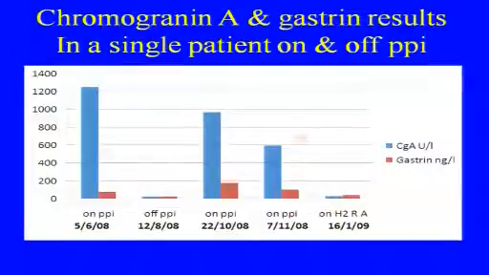And here's one patient looking at the chromogranin A and their gastrin in red, and they start off with a chromogranin A of 1200, really into the tumour range, way big time. We took them off their proton pump inhibitors down to nothing. We put them back on again, and the chromogranin A rose almost immediately, and we put them eventually onto H2 antagonist drugs, and it was much easier to assess what the chromogranin A is. So we do have serious false positives.